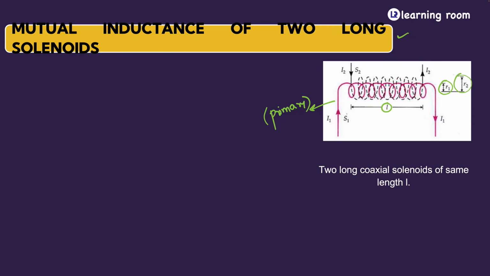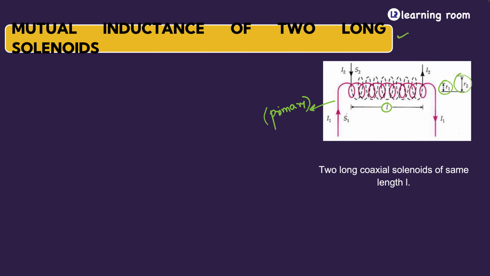Whereas if you place them coaxial with respect to each other, whatever flux is generated by one coil will completely get linked with the second coil. So the best way of connecting the coils to produce maximum mutual induction is placing them coaxial with respect to each other. That is the reason why we have considered this scenario and we are going to derive the mutual inductance in this case. So as I told you, I'll derive two values.